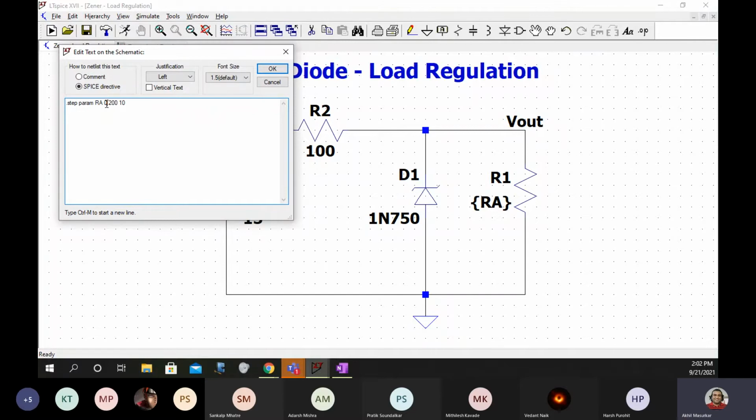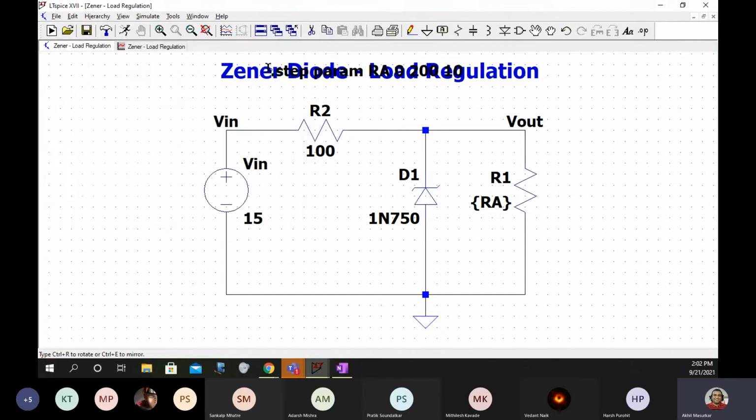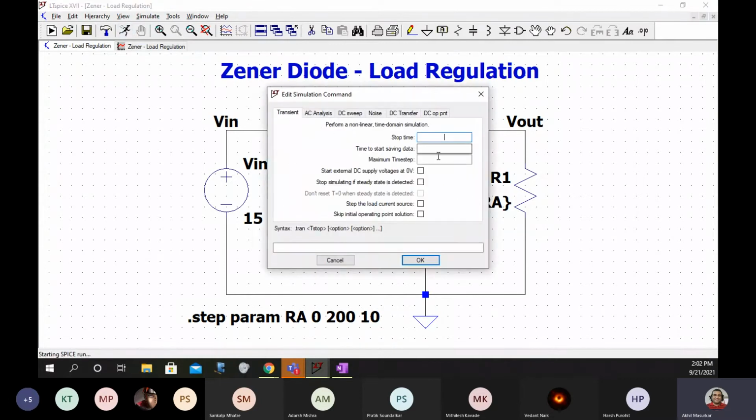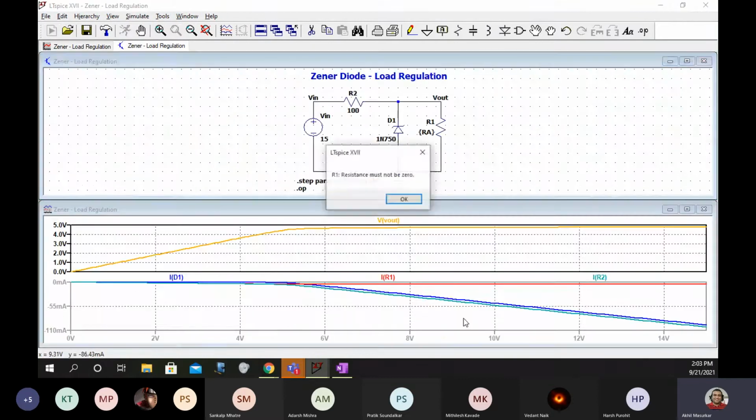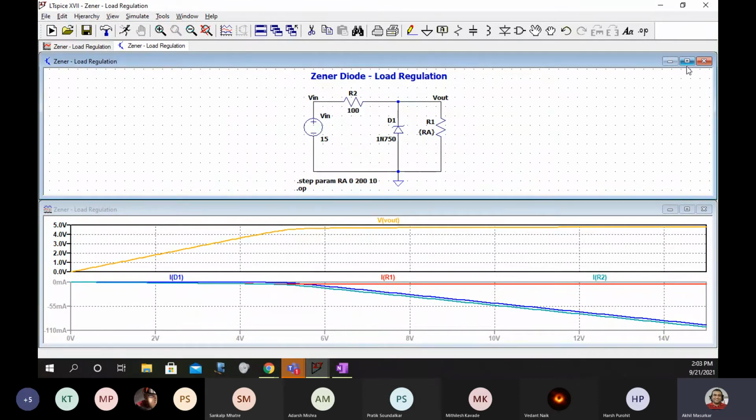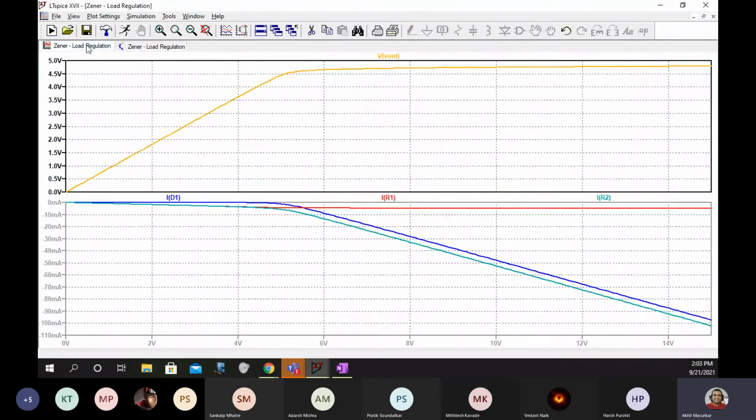But if you give a resistance value as 0 and try to simulate this, go to DC operating point, it says R1 resistance must not be 0. It throws an error.